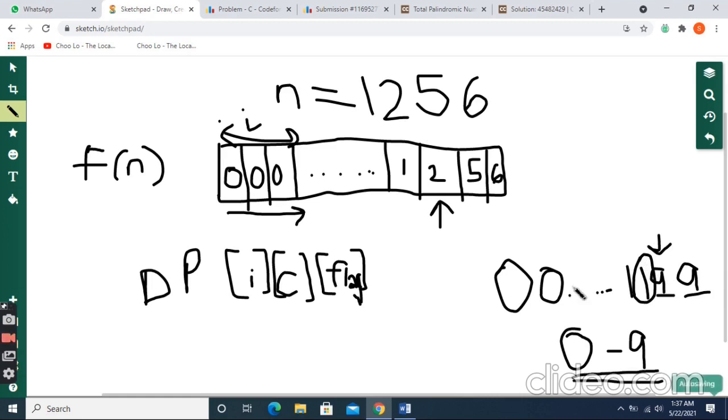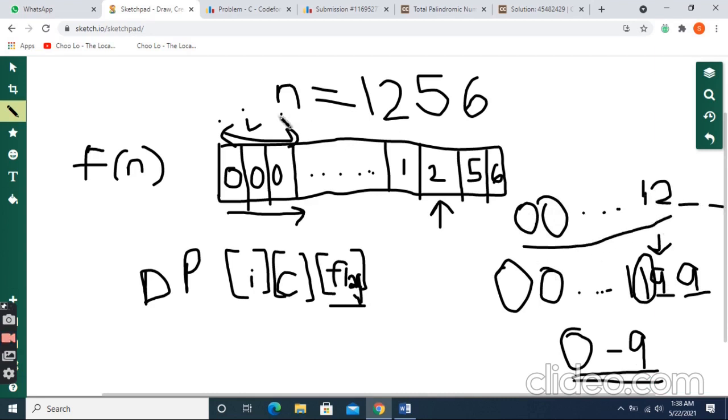So for this we need this flag variable, which tells us whether in the prefix that I have built till now, there is at least one position where the digit that I have filled is strictly less than the original digit. If this condition is true, then the digits that I am filling after that, I can fill with any valid digit, 0 to 9. But if this condition is false, which I saw in the previous case, 0 0 1 2 dash dash, in this case the prefix that I have built is exactly equal to the prefix of my original number. So in that case I cannot fill my next positions with any digit. I can only fill them with digits which are less than or equal to the original digit.